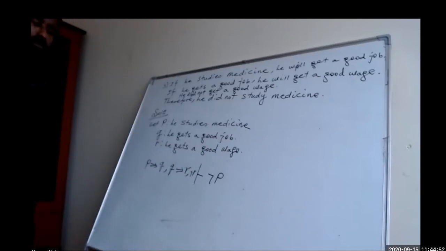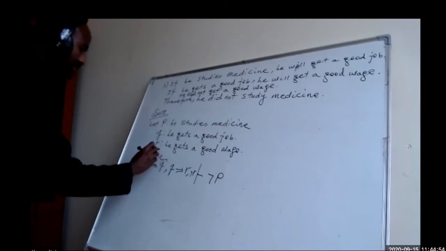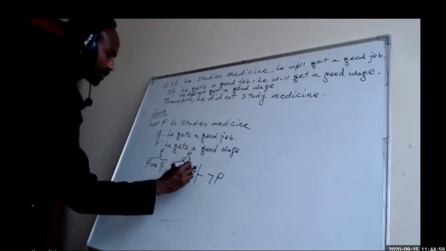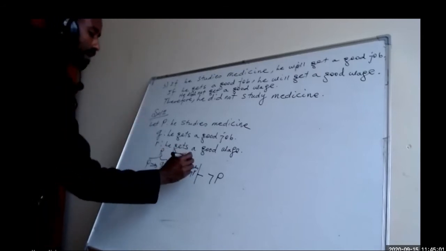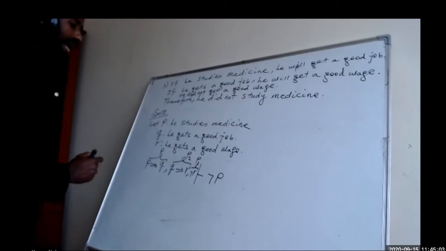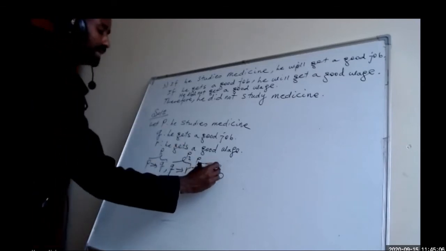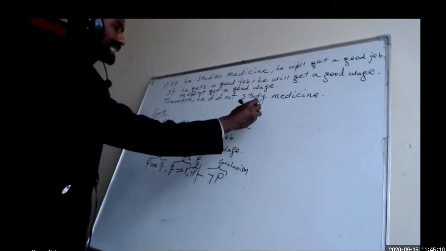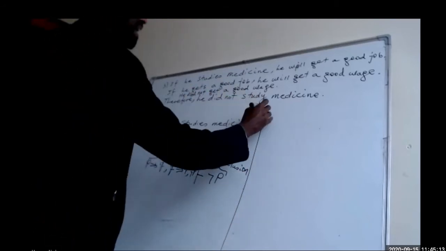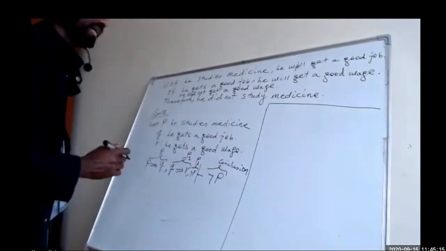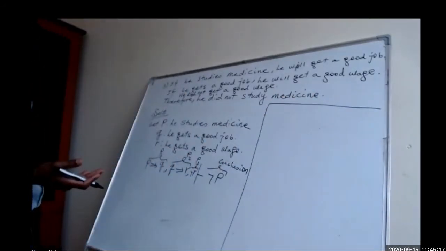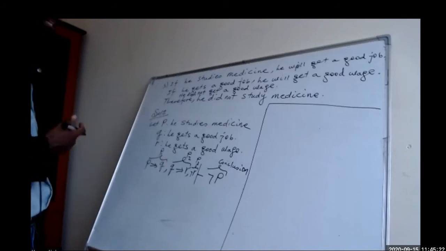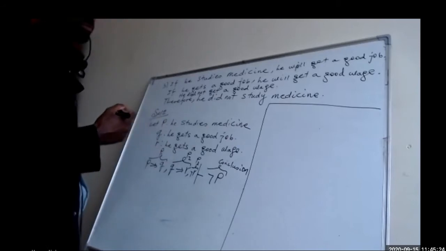So how many premises do we have? Three. This one as first premise. This one as second premise. Negation of R, he didn't get a good wage, means third premise. And negation of P will be the conclusion. So let us determine the validity of this argument without using truth table, but rather using the so-called formal proof